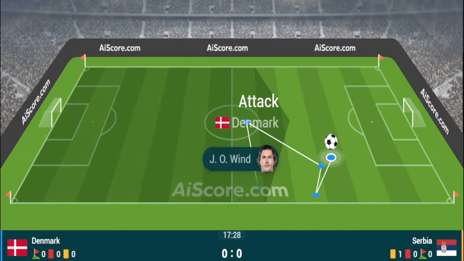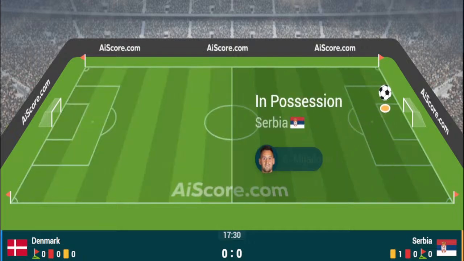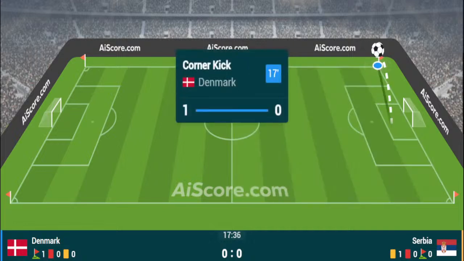So Denmark with another little glimmer, another little opening in the game. 16.5 minutes played. Denmark 0, Serbia 0. Serbia pouring down the left-hand side. Lovely ebb and flow to this game from the neutral perspective. Denmark win it back now, and Højbjerg turns it round the corner for Win. And Win now on the right-hand side for Bar. And Bar inside the Serbian half.